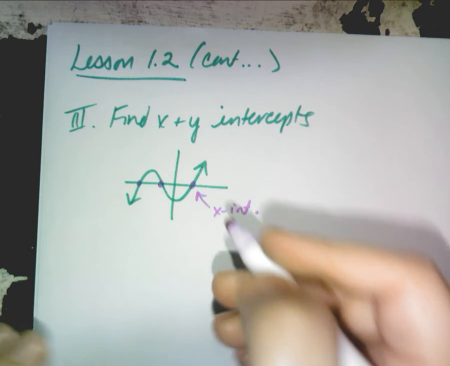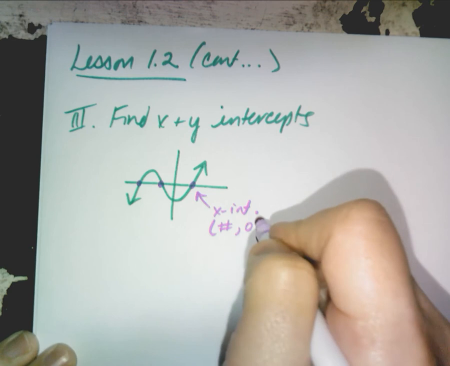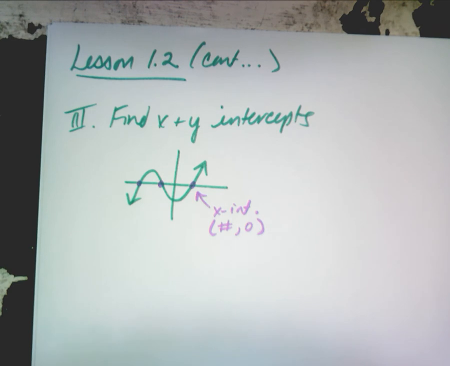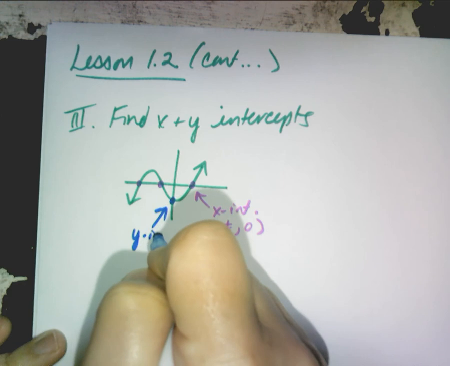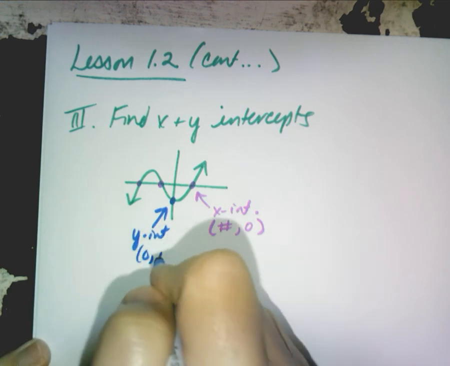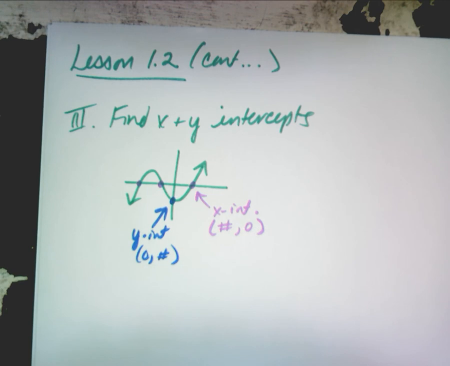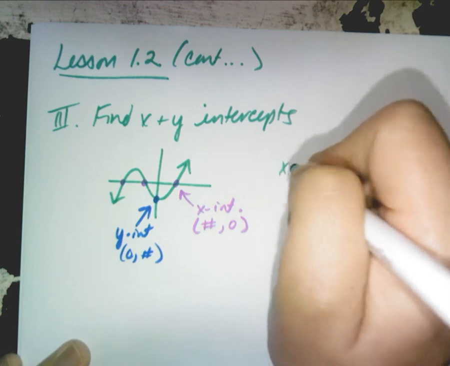Your x-intercept is always written as a number, comma, 0. Okay, always. So your y value is 0. If I asked you how many y-intercepts does this one have, what would you say? 1. Because it's intercepting the y-axis at 1 point right there. That is a y-intercept. Your y-intercept is always written as 0, comma, a number. So your x must be 0. This is important, okay? So write this down just so we know. X-intercepts,